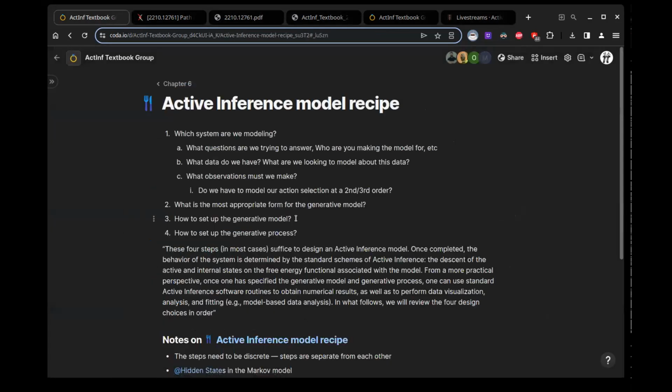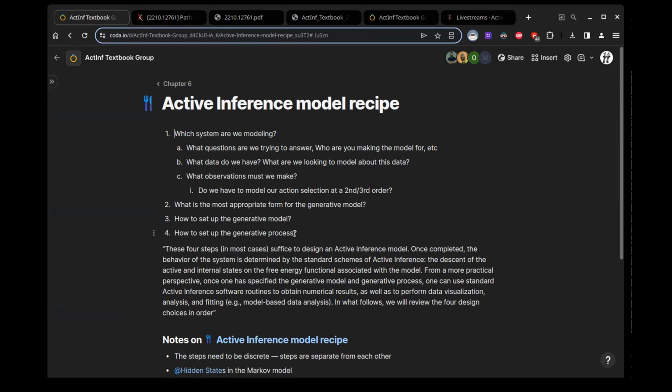We made just a sub-page because this is such a central topic. All of our expectations and preferences, hopes and dreams about applying active inference, using active inference modeling for some system or phenomena of interest, this is kind of what it comes down to.